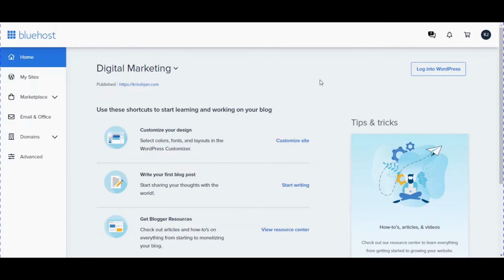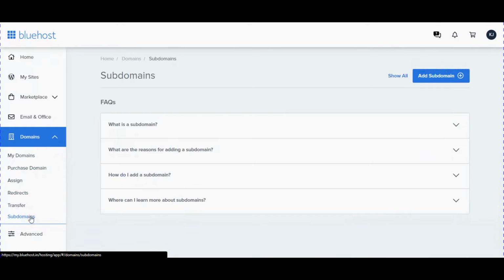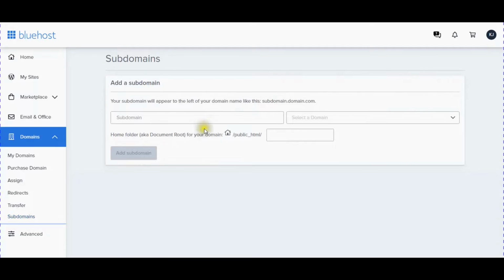So let's go and we'll see. So this is the Bluehost login page. After login, you can get this page. So what we will do, we will go to domain. Click the domain, and you can see so many options here: my domain, purchase domain, assign, redirect, transfer, and subdomain. We will go to the subdomain option because we are going to create a subdomain. So click here, and you can see on the right side add subdomain. Click here, add subdomain, and now